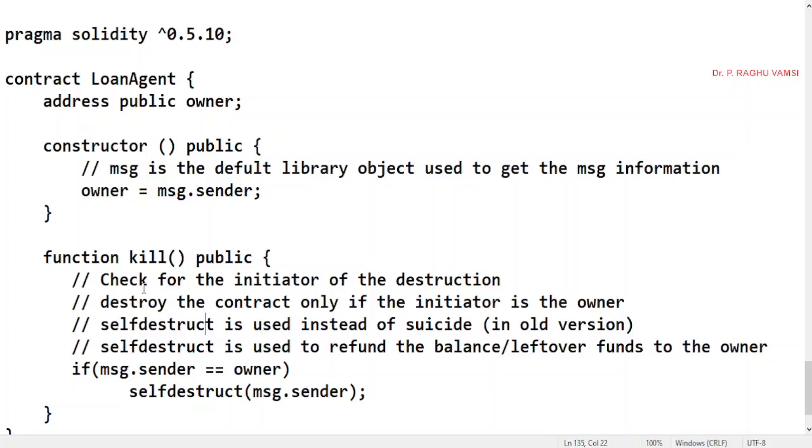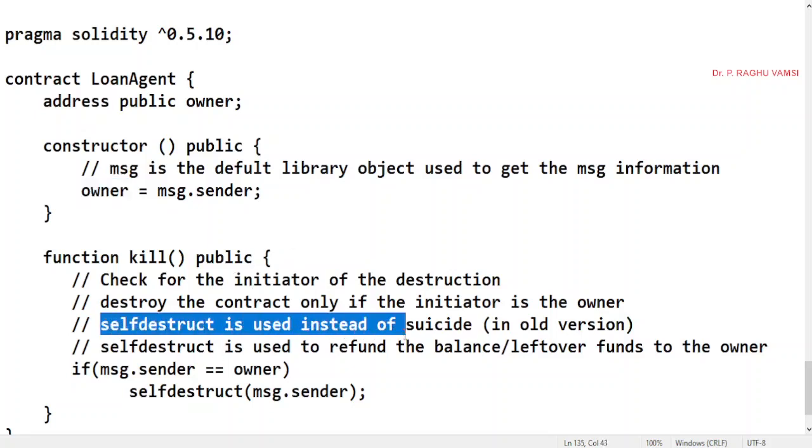The one who created it should only be positioned to destroy it. That is the reason we check for the initiator of the destruction. Destroy the contract only if the initiator is the owner. Because already at the time of construction, we have taken the owner's address. While destructing, we have to check whether the destruction was initiated by the owner or not.